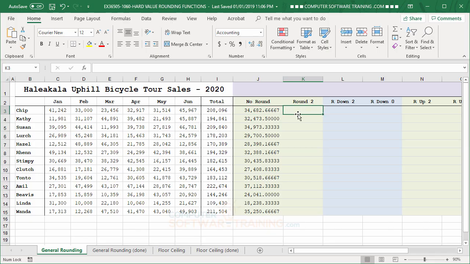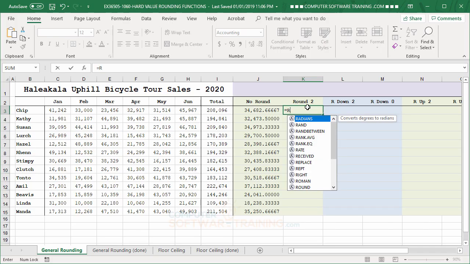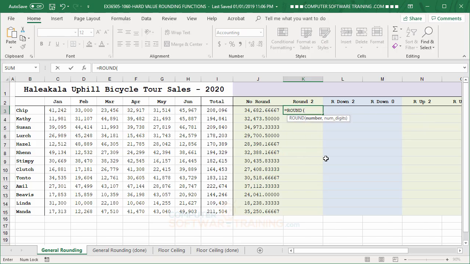Okay. So what we'll do is we'll go to here, we'll do our equal, and what we're going to do is the ROUND function. So we're going to type an RO, and there's our ROUND, all right, and then within the parentheses, we'll do another set of parentheses, and we're going to do the calculation. So in this case, it's going to be taking this number here, divided by 6, just like that. We'll close it off. Now, we put a comma after it,